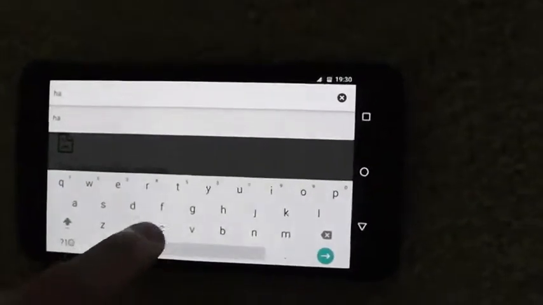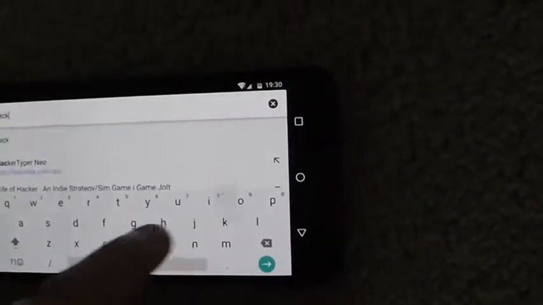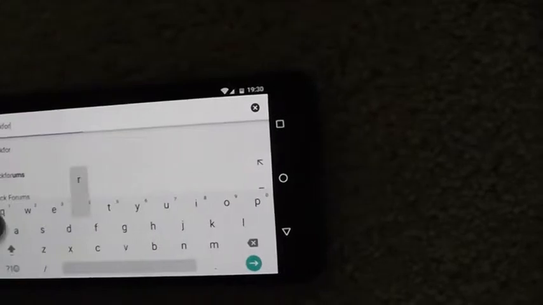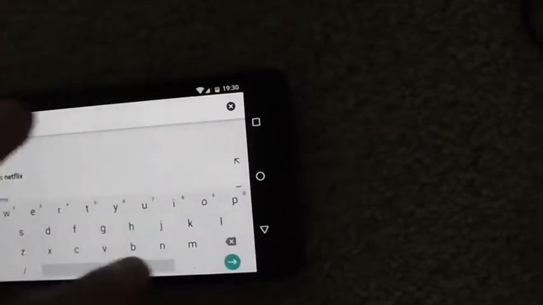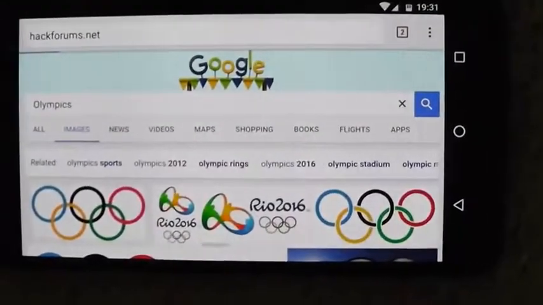We've got a password sniffer. So if I went to a site which didn't have HTTPS, like hackforums.net, and then logged in,